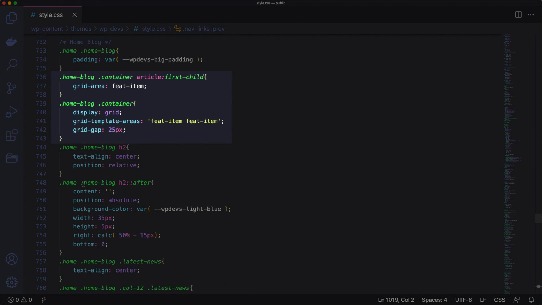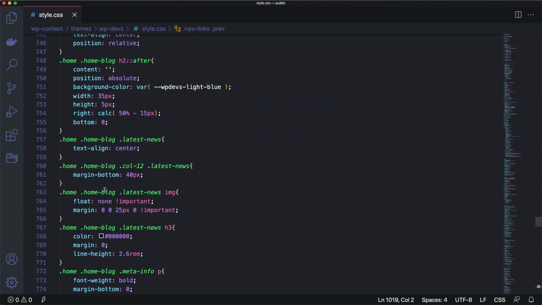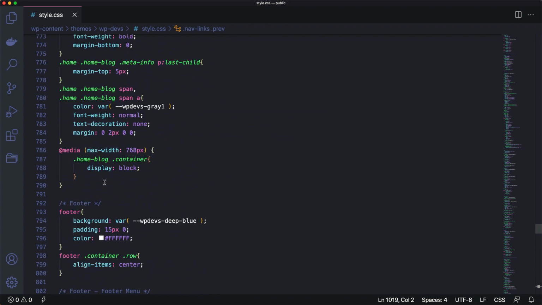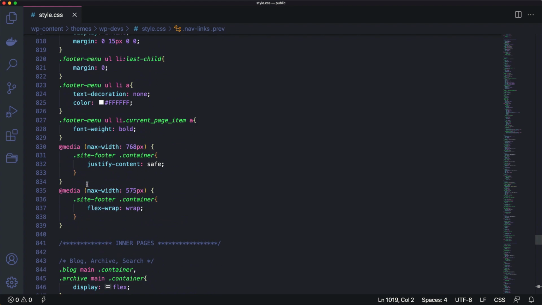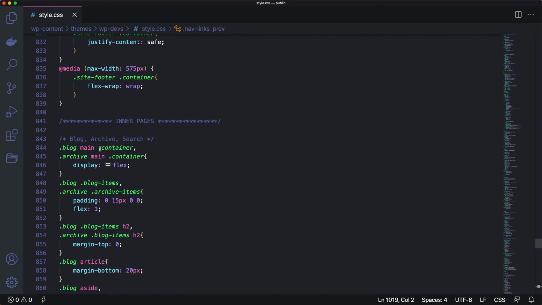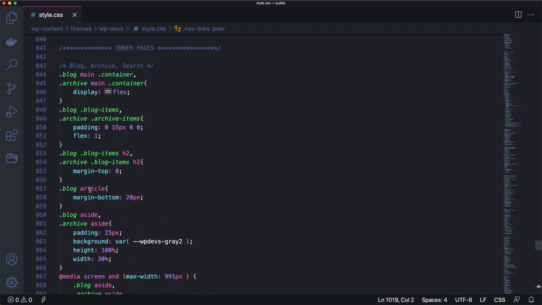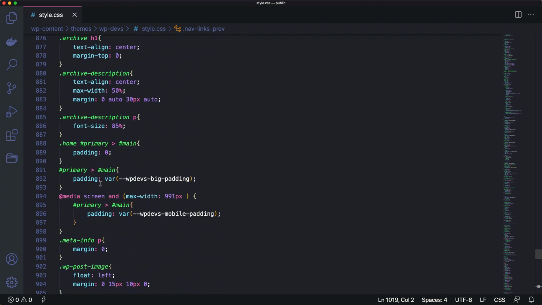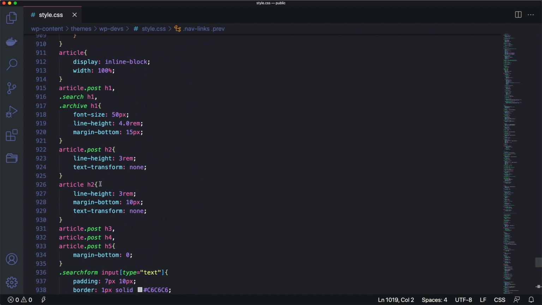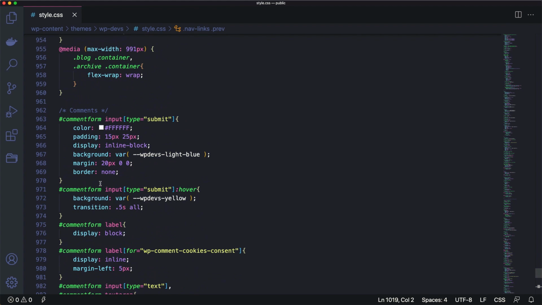Here I used CSS Grid to make that region responsive. The footer. And here are all the elements of the theme's inner pages: blog, archive, and search templates. Comments